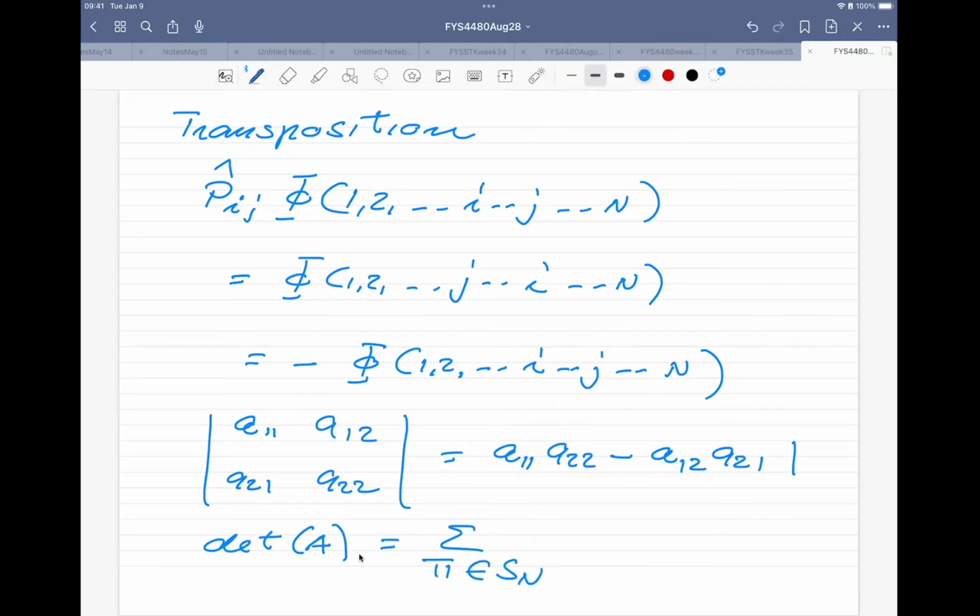If we have 3 objects which we permute, then we have 6 permutations, since 3 objects is 3 factorial ways to permute. And if you write out a 3 by 3 determinant, you will have 6 terms. One of these terms corresponds to you not doing anything. And then what you will have now is a